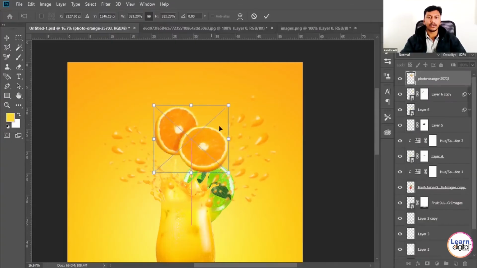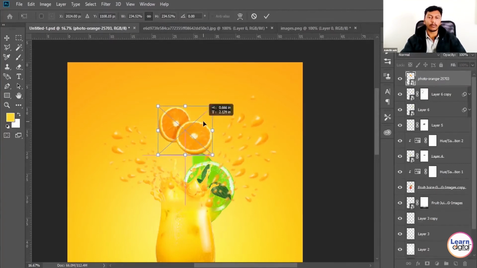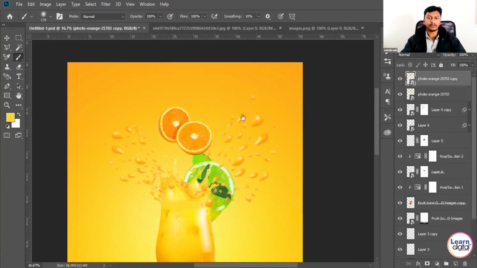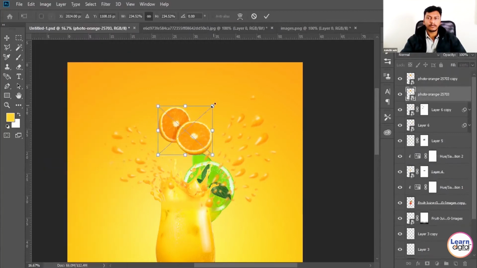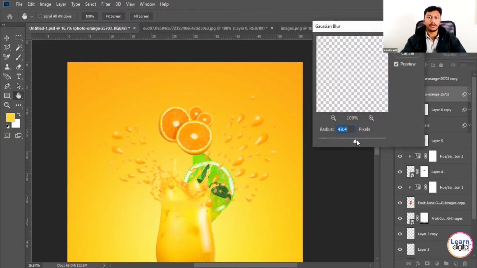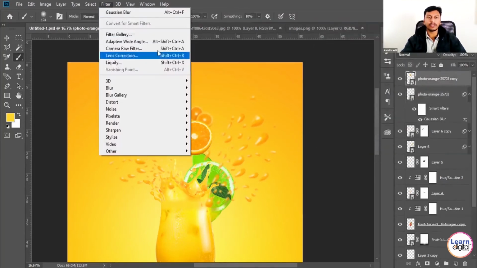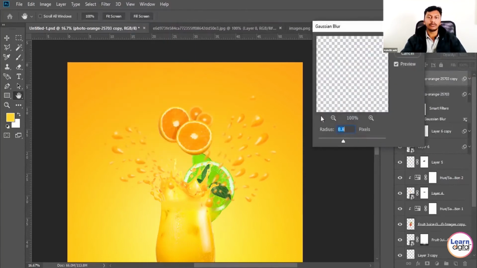Because this is an orange product advertisement, orange juice, I got a beautiful orange over here. Place it properly. If you have a single layer for an individual orange, you can play with it multiple times, like small, big, blurred, without blur and so on. Here you can see the small one, I defocused it by applying Gaussian blur. And the main object is highlighted because it is at a properly focused point.